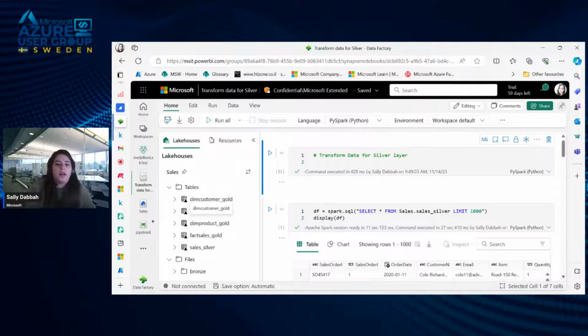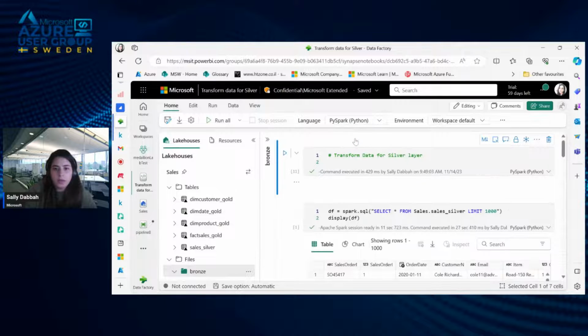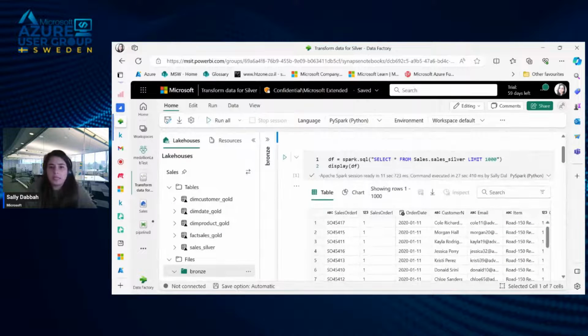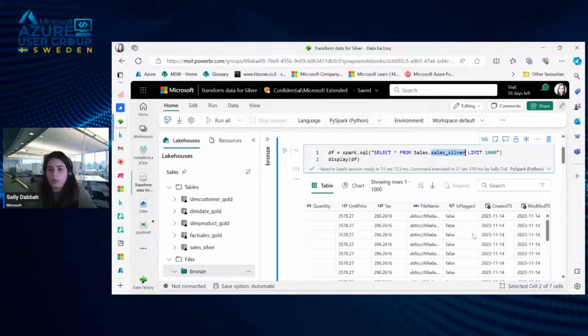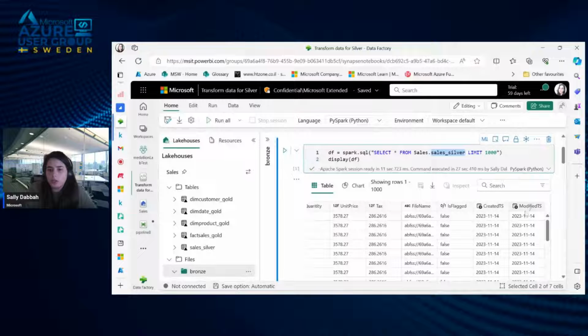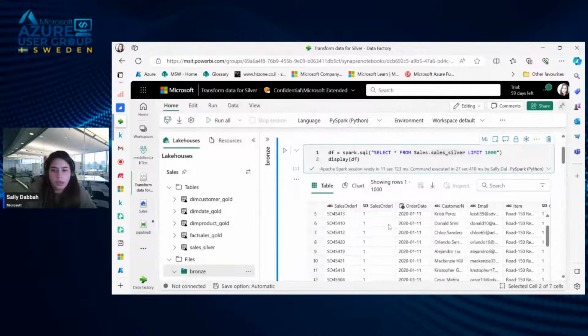Thank you. All right. So from my bronze, I have three files, and in my silver notebook, I want to transform the data. Okay. So first, just to display the data for you, I'm selecting everything from my data, and here I'm writing it. So you can see that it has modified data, a date, flagged, a sales order, and so on. 1 minute, I clicked by mistake.